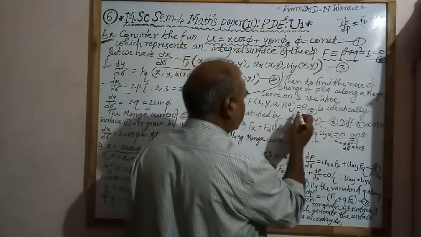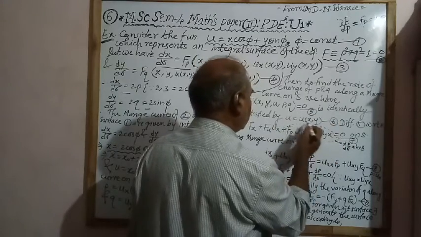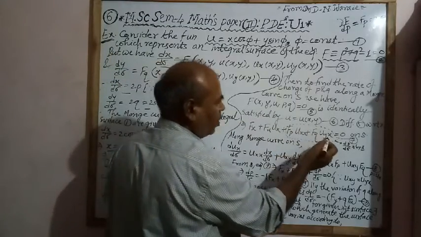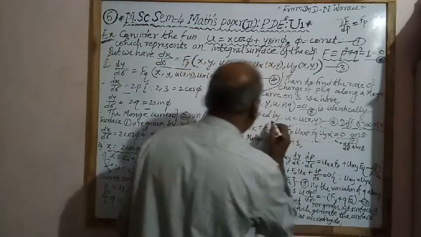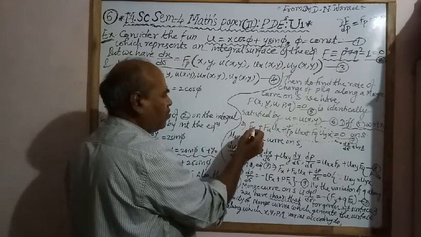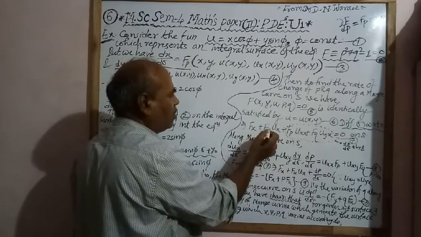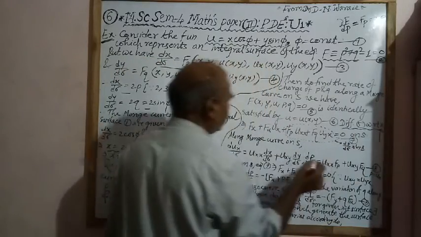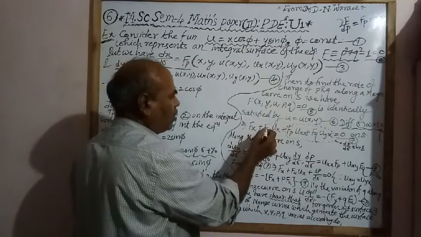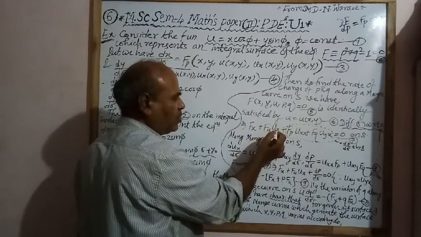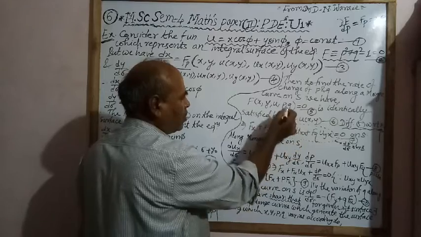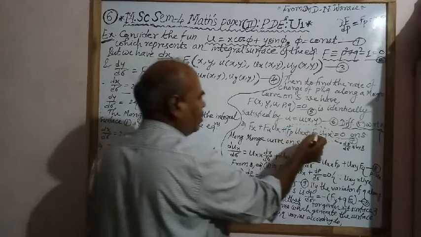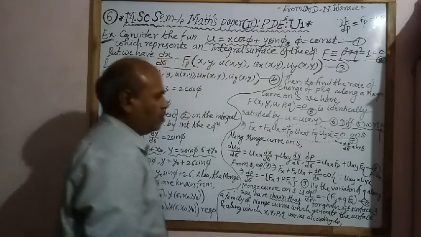Then to find the rate of change of p and q along the Monge curve on S, we have f of x, y, u, p, q equal to 0 identically satisfied by this equation u equal to u of x, y. Now differentiating this equation 5 with respect to x, we find derivative of f with respect to x, del f by del x, that is fx, plus derivative of y is 0 because we are differentiating with respect to x. Then derivative of u, we write fu into del u by del x by chain rule. Again derivative of f with respect to p, fp into uxx plus fq into uyx equal to 0 on the surface S.